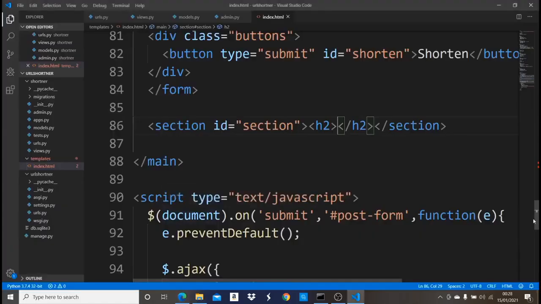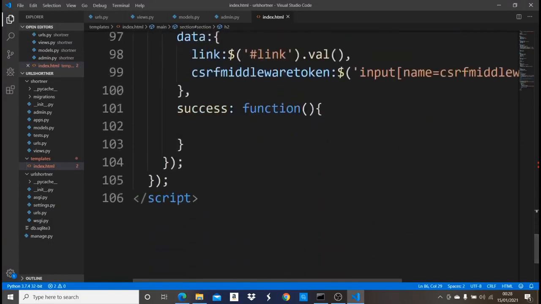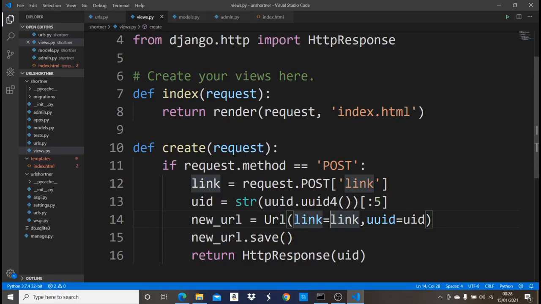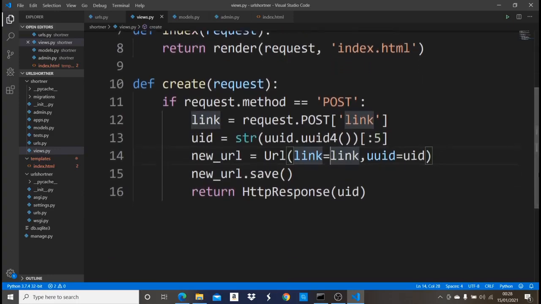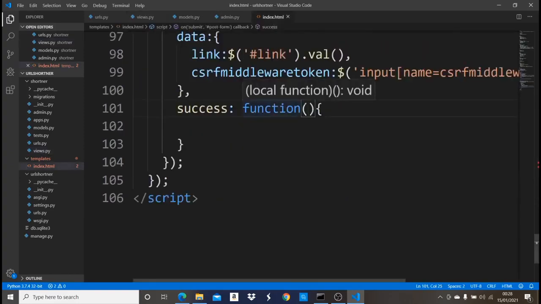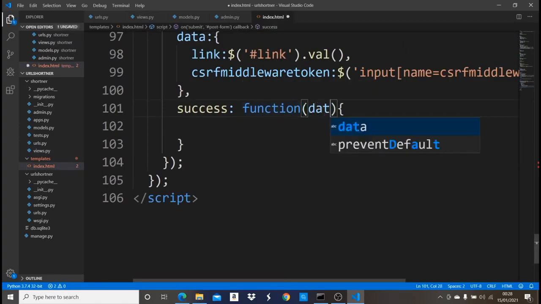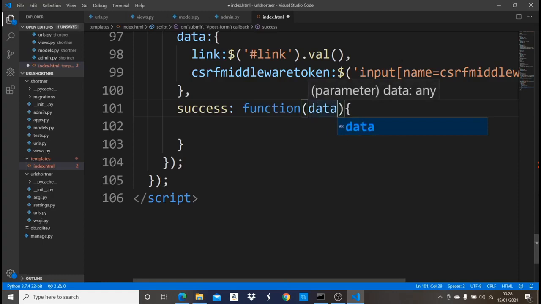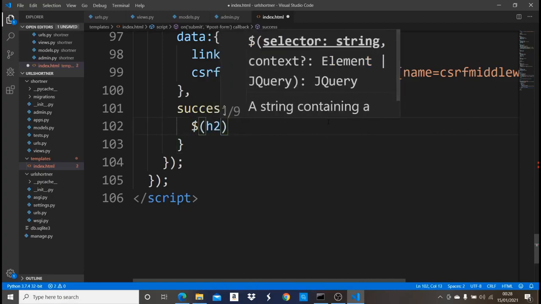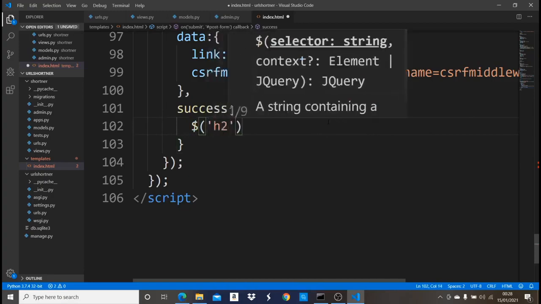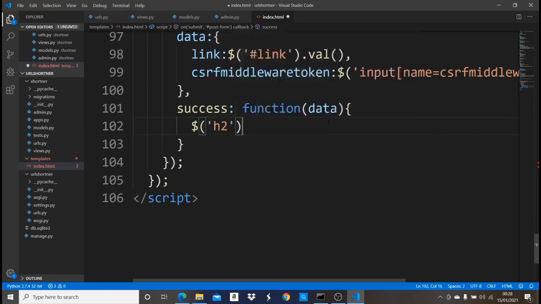For us to do this, we're going to come back to our script. Where we see that success function, we're going to get the HTTP response. Now, whenever we're returning an HTTP response, for us to be able to get that response using Ajax, we're going to get it as a variable named data. So I'm going to say data. Now, this data is a variable which has the HTTP response stored in it. So in here, we're just going to say $h2, and then what we just want to say is that HTML,